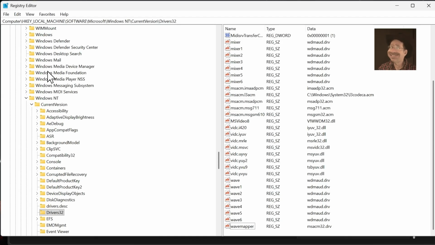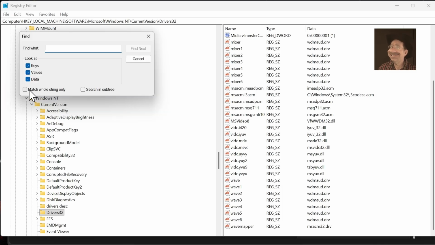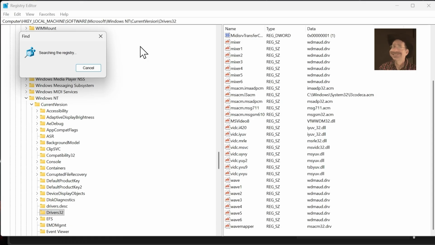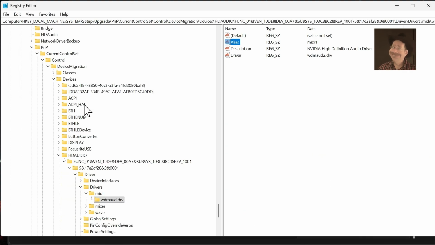I don't recommend it. I don't take responsibility, remember. After I did that, I also went to find, and I typed in MIDI1, and I clicked on find next. And it was searching my registry, and lo and behold, because there's a lot of stuff, I did find in my HD audio folder, which might be the drivers just for my laptop in general. I'm not sure. I did find a folder, drivers MIDI,